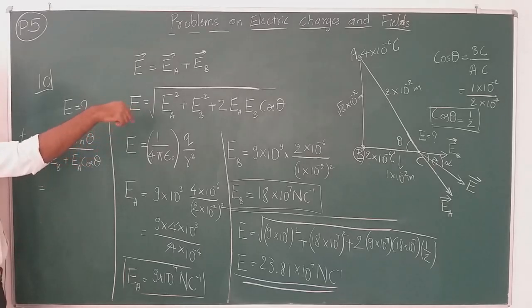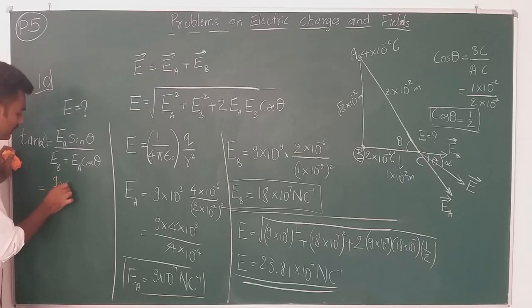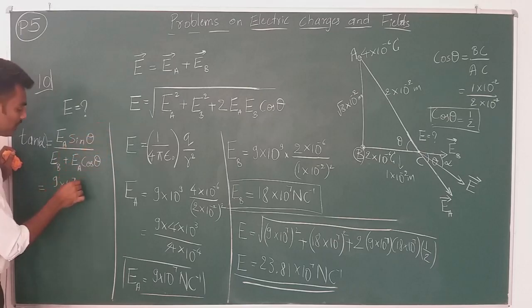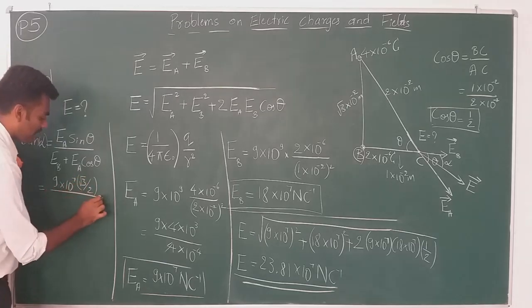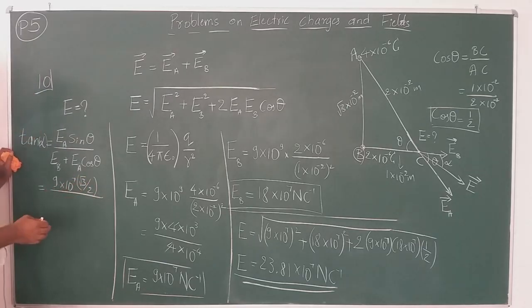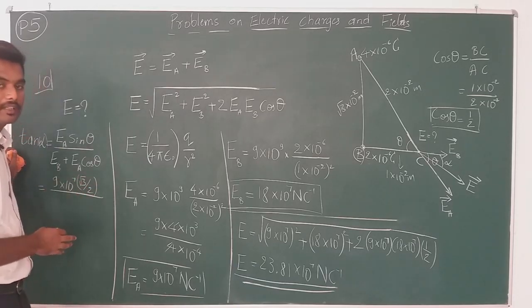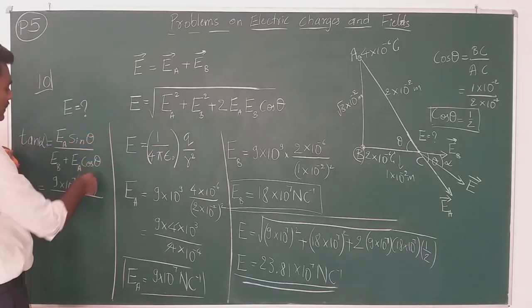From the diagram one can get to know that theta is 60 degree, because cos theta is half, theta is 60. So upon simplifying it, first let me substitute the values of EA and EB into it. EA is 9 into 10 to the power of 7 sin theta, sin 60 is root 3 by 2. You can make use of the calculator. Since the angles are standard, you can directly write the values. If you do not have standard angles, you should go for Clark's table. There you should get the value of sine so and so angle, then put that.